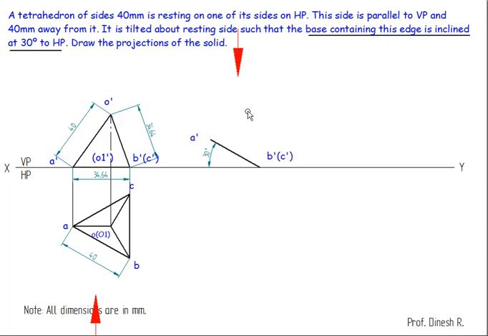Then you can take the measurement, cut an arc, then draw the axis. So this length is 40 and this is 34.64. All these dimensions I'm mentioning are just for reference. Do not retain these dimensions; retain only this true length, which is 40 here and 40 here. Then we are going to project its top view.